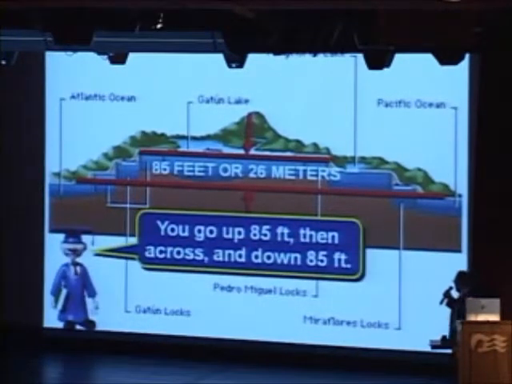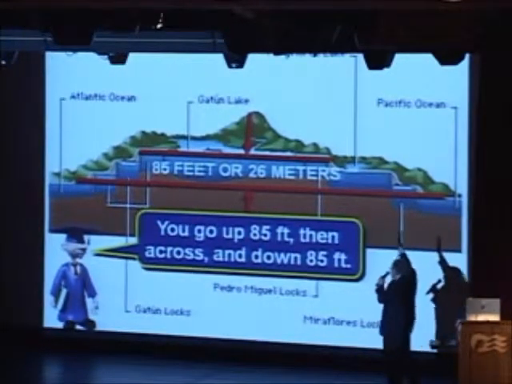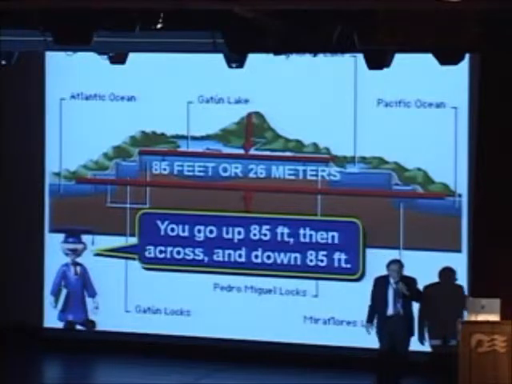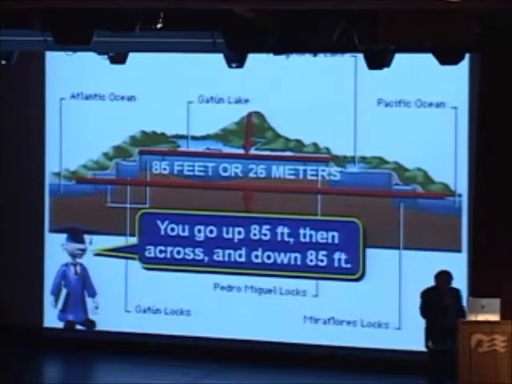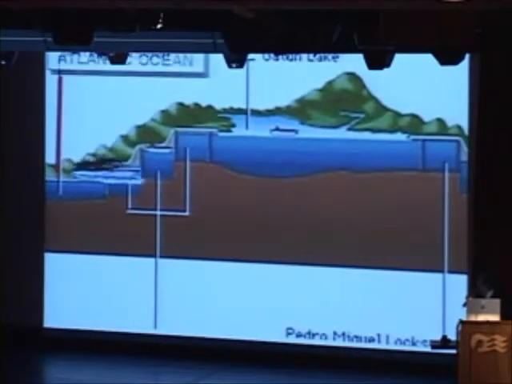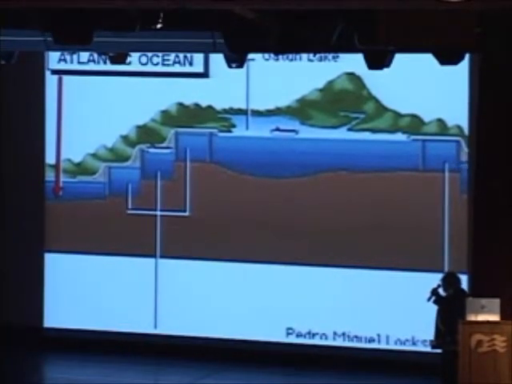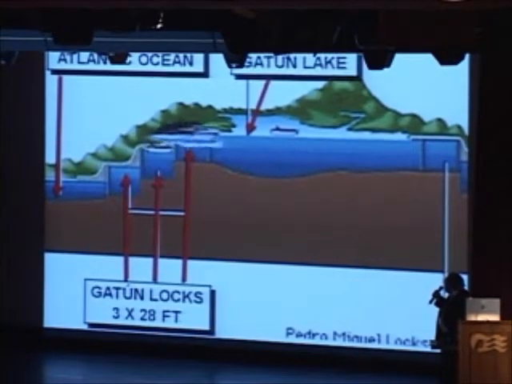So as I said, you'll be going up 85 feet, across, and then down 85 feet. So there'll be three sets of locks to take you up 85 feet, and at that end, the Gatun locks, three sets to take you down 85 feet, about 26 feet in each lock to go up and down. Okay, here, if we were starting at the other end, the Atlantic Ocean end, we go up the Gatun locks,